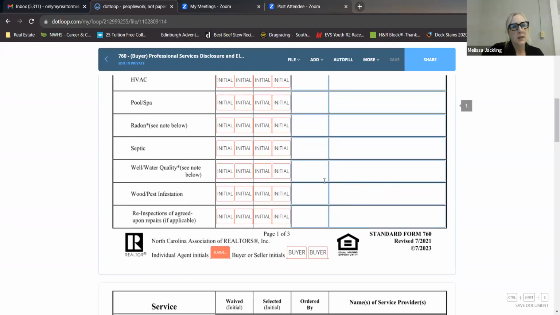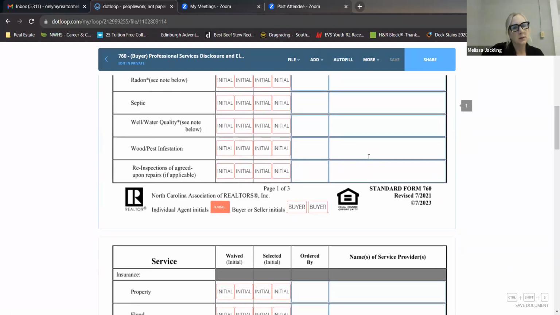Well, water quality, same thing. Wood and pest, same thing. Some people, I know it's expensive when you're buying a house and you have all this money coming out from everywhere that you have to pay for all these vendors. And so sometimes people will not choose certain inspections because of that. It's not the best idea. It's not necessarily the best reason. I understand it, but please fill these out